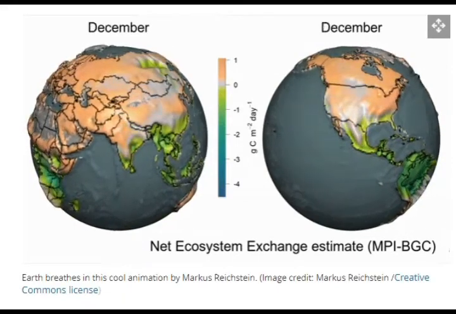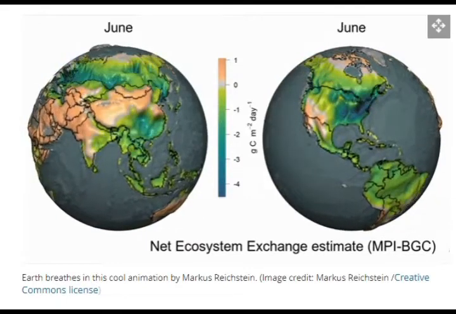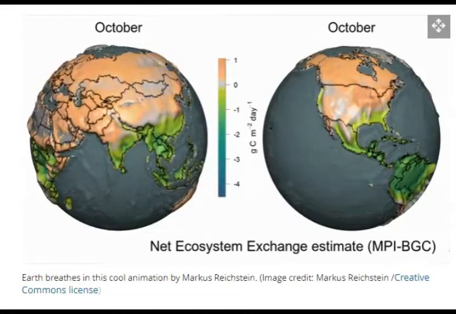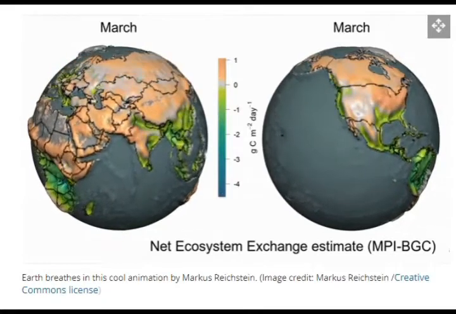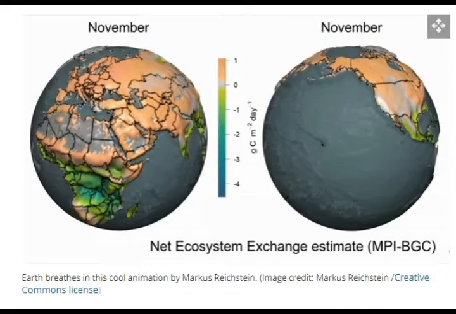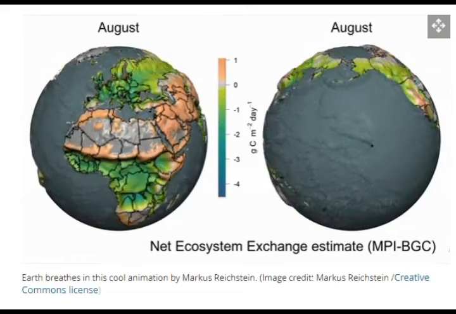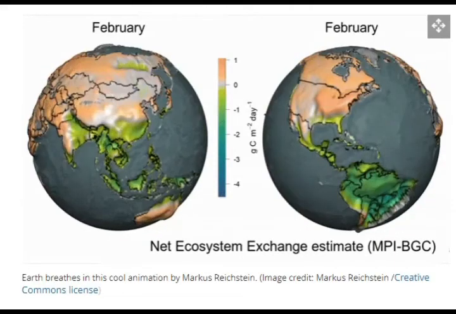For example, warmer, longer summers in the northern hemisphere can be good for plant growth, he said, but where warming comes with a lack of precipitation, that is rain, as in much of the American West, climate change can restrict plant growth. This carbon cycle and how it changes from month to month tells us a lot, he said,